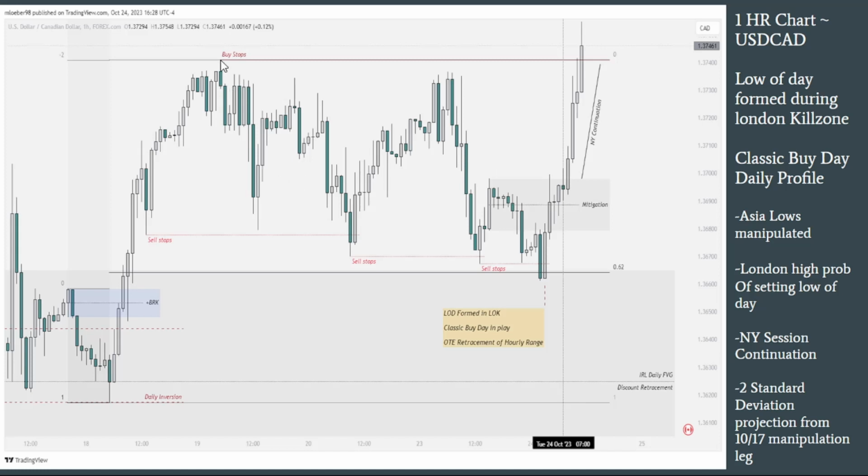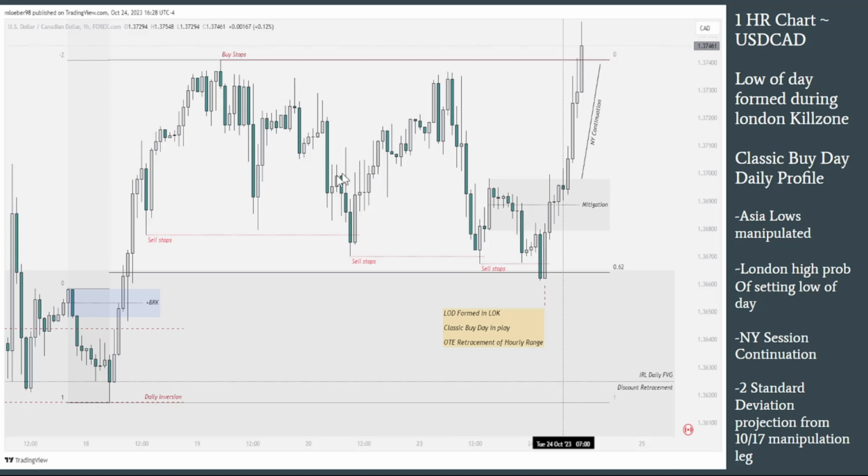Now, if you measure from this swing high to this swing low, that's the 0.62 on a Fibonacci retracement, reaching OTE of the hourly range. And after we reached OTE of the hourly range, you can clearly see what happened there, which was price displacing higher and then using this mitigation block as a reference for New York session to continue to drive price higher,